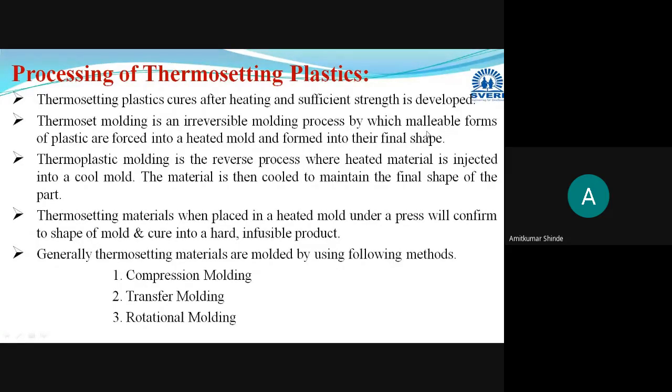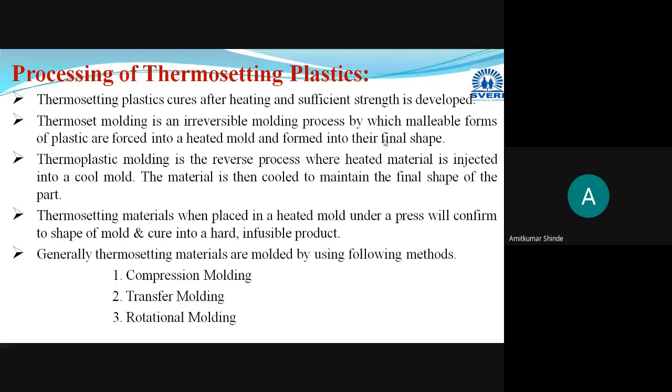Here you can heat the material and apply a force to give the desired shape and size by using a specific arrangement, but it cannot be reversed. Once it is done, you cannot reverse it. This is related to the molding of thermosetting plastic material.